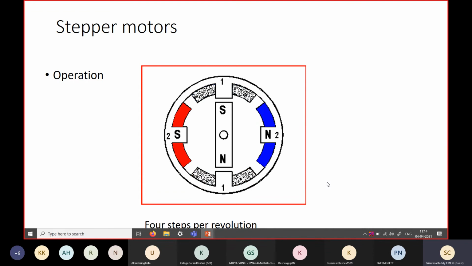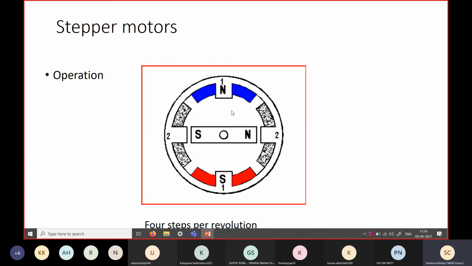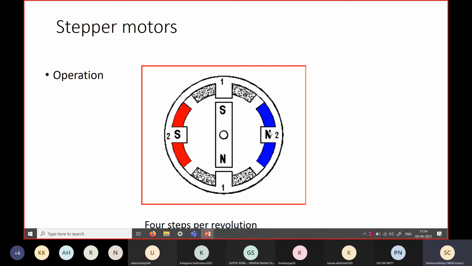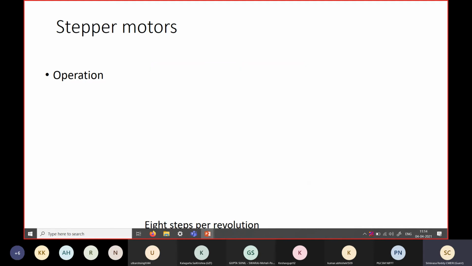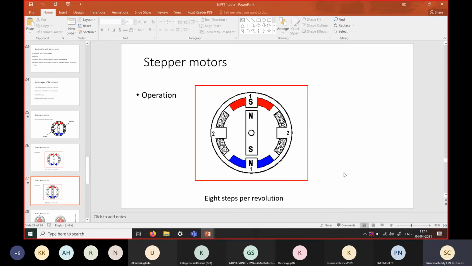See how, by just continuously changing the activation of the coils. Here two coils are shown for simplicity. When coil 1 is activated, the rotor becomes vertical. When coil 2 is activated, the rotor becomes horizontal. By continuously switching the magnetic field, by just activating and deactivating the coils, we can cause the rotation of the